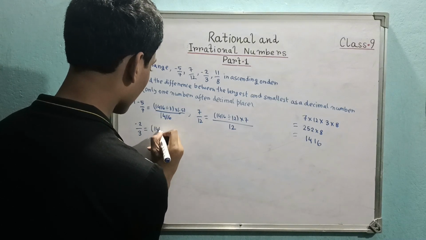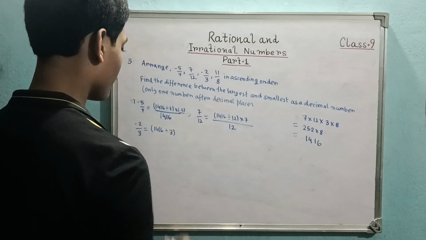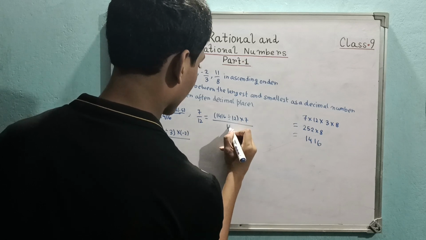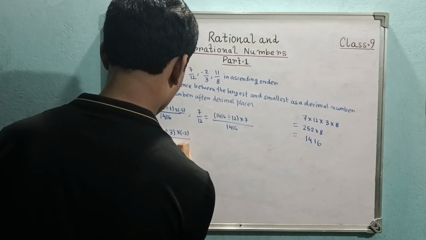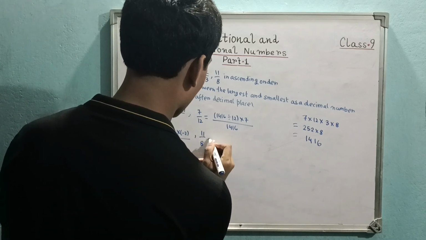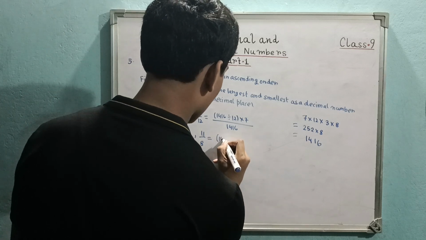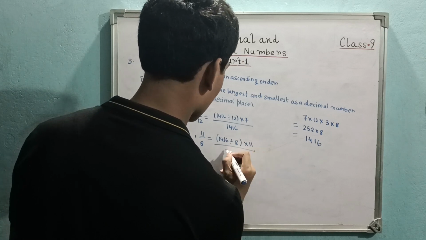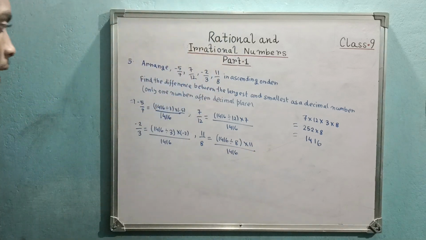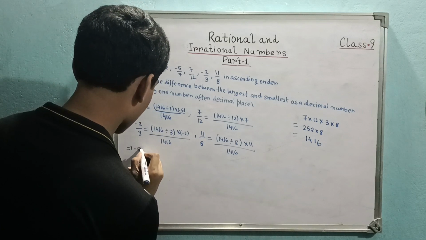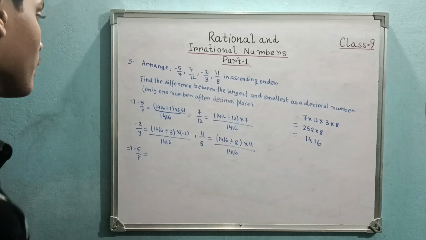Equal to 1416 by 3 into minus 2 by 1416. Similarly, 11 by 8, this is equal to what? 1416 by 8 into 11 by 1416. Okay, so these are the numbers if we now have the same denominator. Now 1416, so let's see, minus 5 by 7, 1416 by 7, if you calculate,